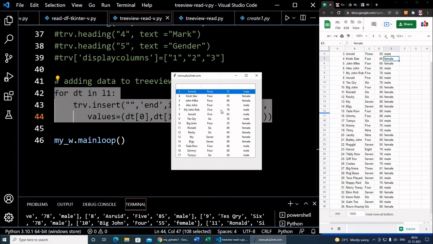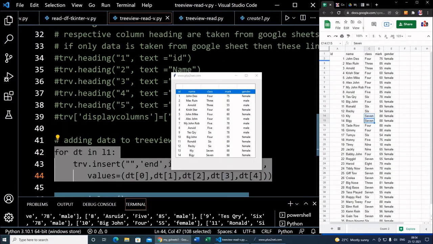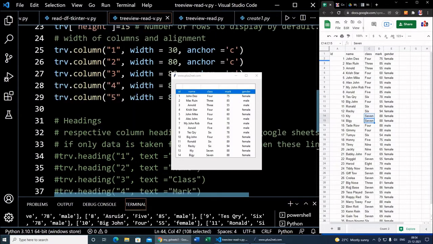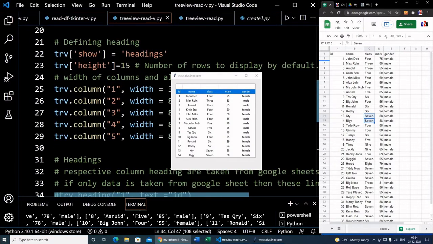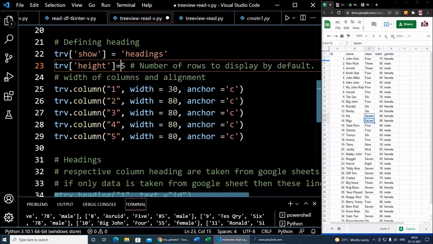Now just for our understanding, here you see the ID, name, class, mark, gender we have taken from here. This ID we have not used our own. In case you want, you have to uncomment this. Now here number of records, here it is. So let's say I will change this to, okay, let it be 5.